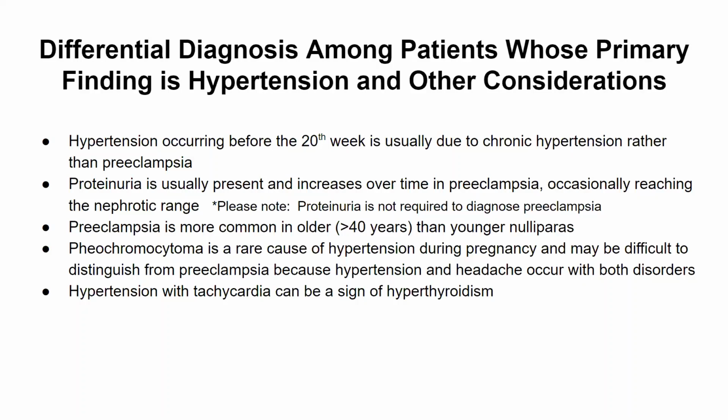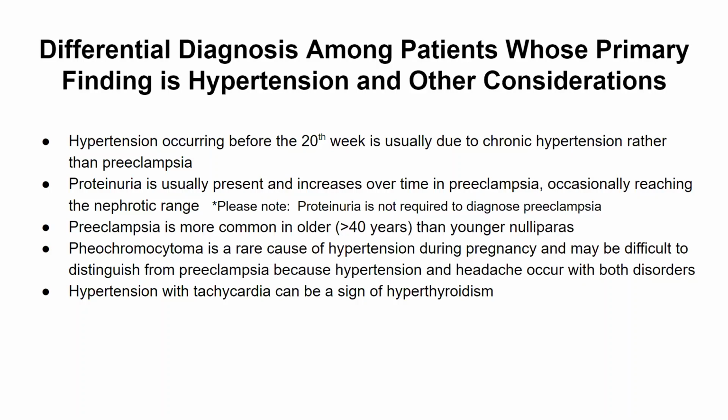You can have patients who have preeclampsia just with the high blood pressures and then other laboratory findings or symptoms that they are exhibiting. Preeclampsia is more common in older patients than in our younger population. And then this pheochromocytoma is actually a rare tumor that can cause hypertension during pregnancy,